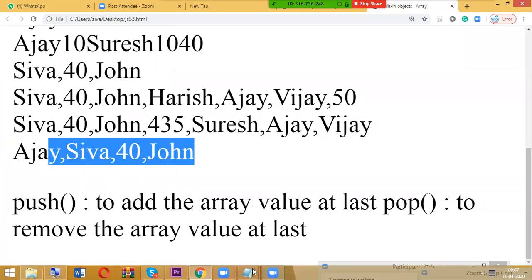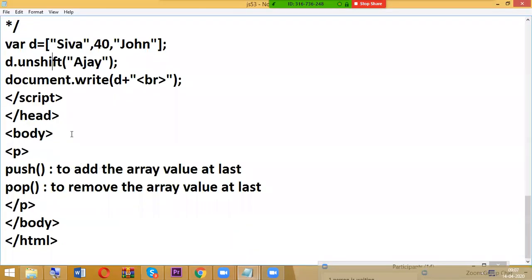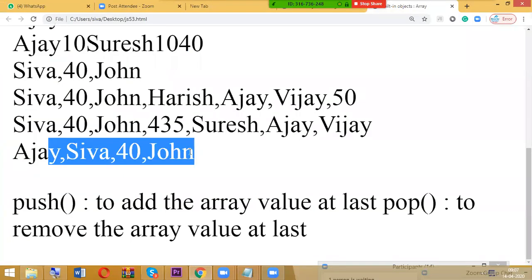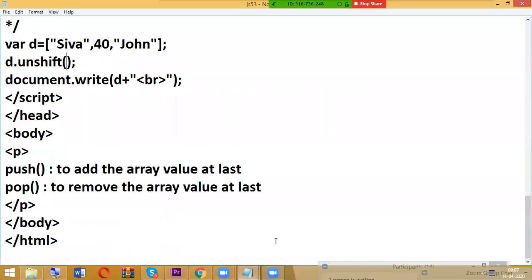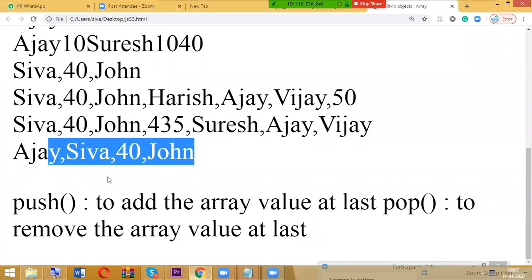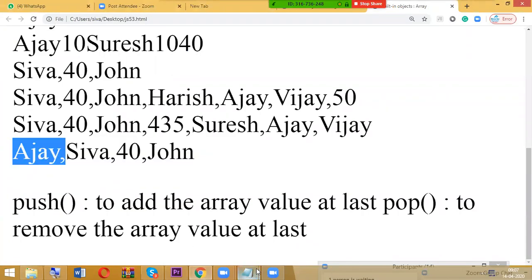So that is John. Okay, it's correct only. Now what happens here? Unshift Ajay. So unshift means what here? It is going to add the value at first.